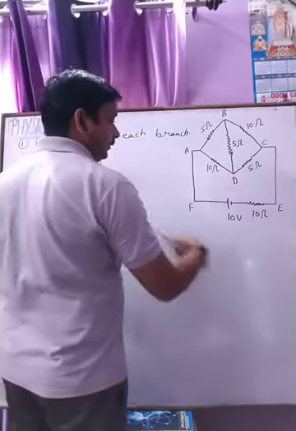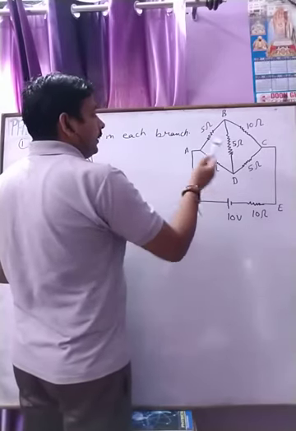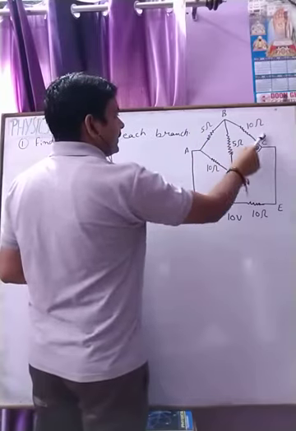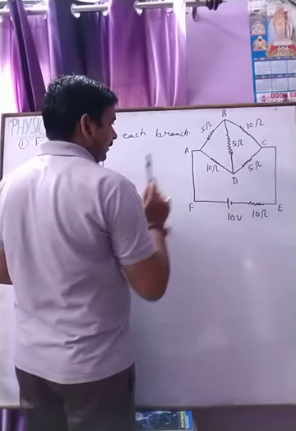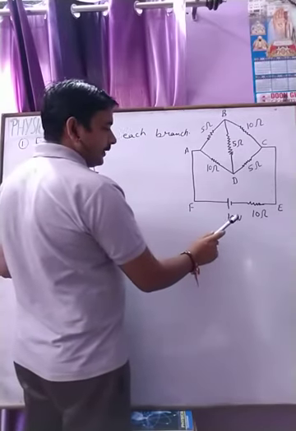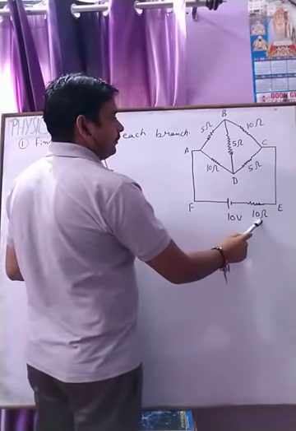We have a network in which, on each side of a parallelogram, resistances are connected: 5 ohm, 10 ohm, 5 ohm, 10 ohm. The diagonal AC is connected with a battery source of 10 volt with a resistance of 10 ohm, and the other diagonal BD is connected with a resistance of 5 ohm.